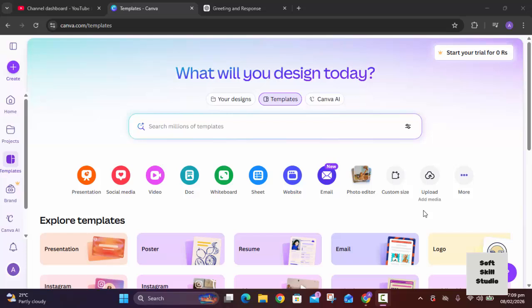In this video, you will learn how you can choose the right template in Canva. For this, after logging in, you will select on templates, and in this you can select on social media if you want to create any template for YouTube, Facebook, Insta